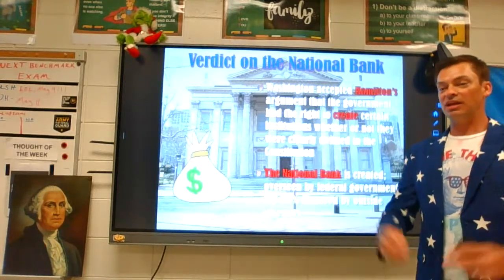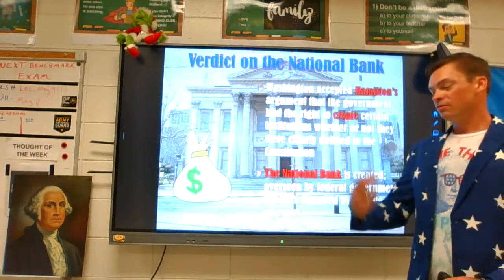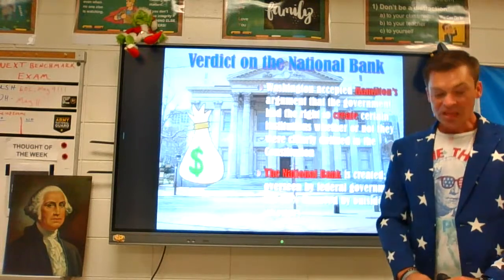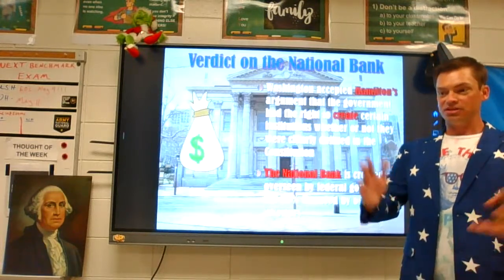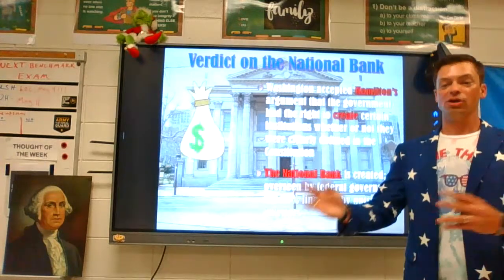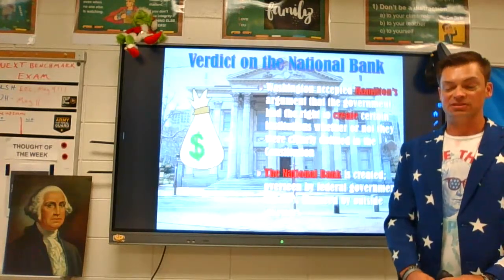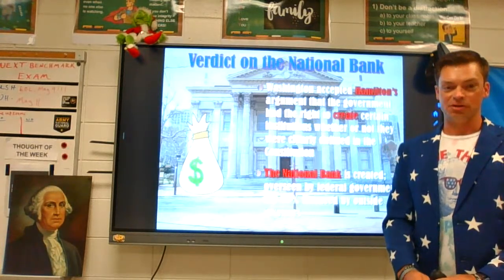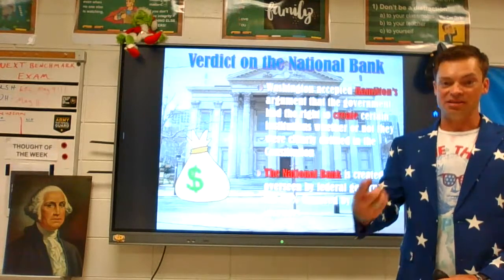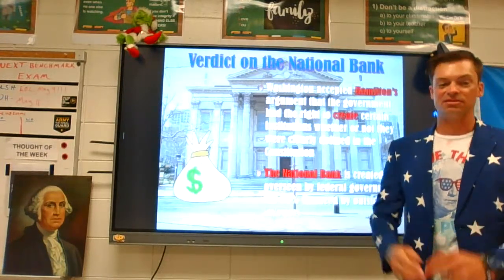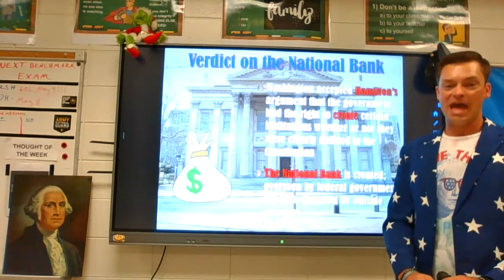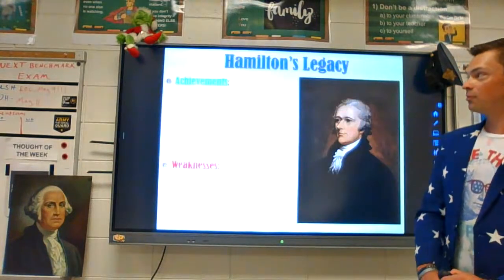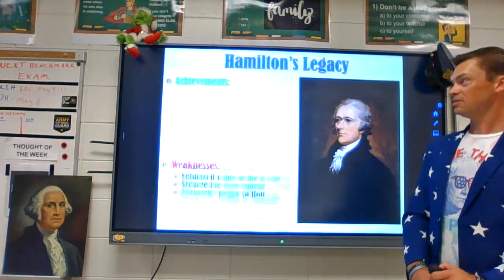So all this worrying about consolidating money and power, for the most part, the national bank is financed by outside investors. Important note here, I do not think George Washington is a Federalist. History does not reflect that George Washington was on either camp, Federalist versus Anti-Federalist. And in fact, one of his core beliefs is to make sure that we don't have division via political party. That doesn't mean he didn't have opinions. And in this case, weighing his constitutional obligation, he does agree with Hamilton and the more broad interpretation of the national bank.